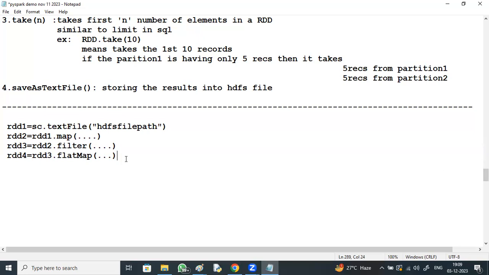Now you got RDD4. On RDD4, observe carefully, I'm applying groupByKey, a grouping operation. There's a built-in functionality, groupByKey. RDD5 is created when groupByKey is applied on RDD4.